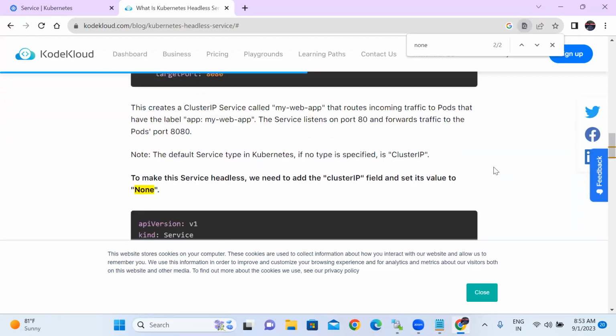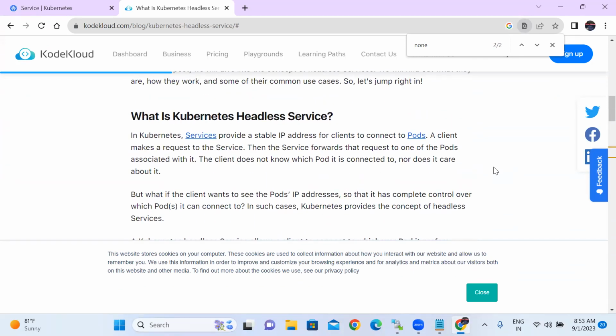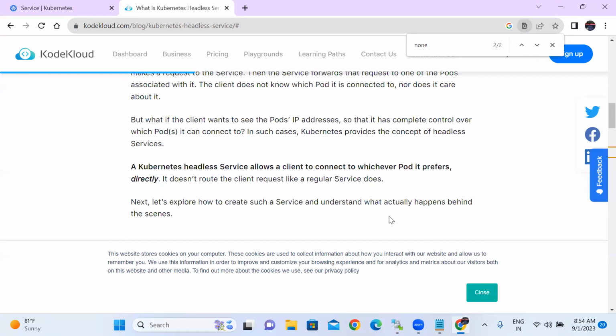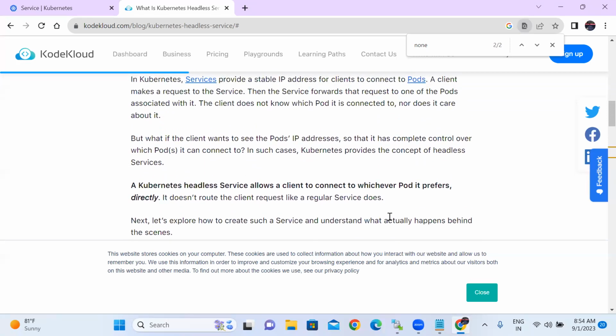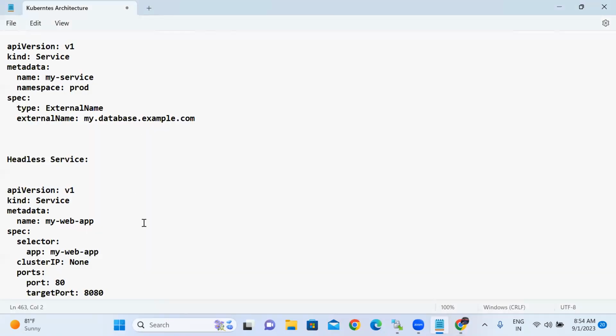So how can we declare the headless service? By giving the value None. ClusterIP should be None. This is the prerequisite for a StatefulSet. For a Deployment or DaemonSet it's not required, but for a